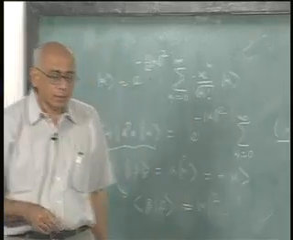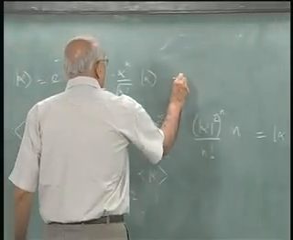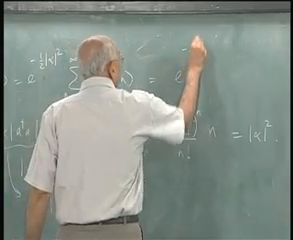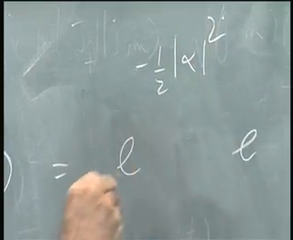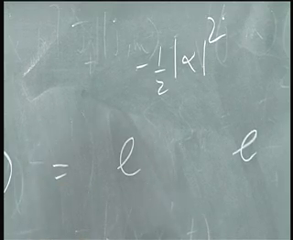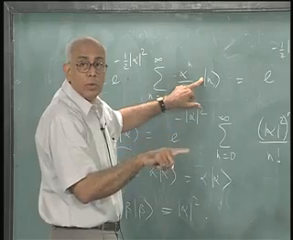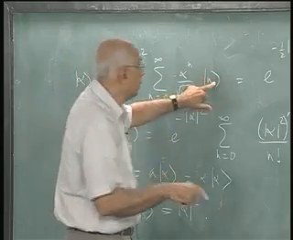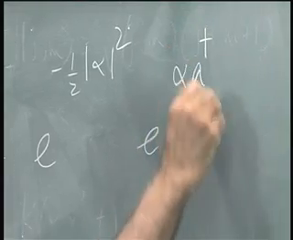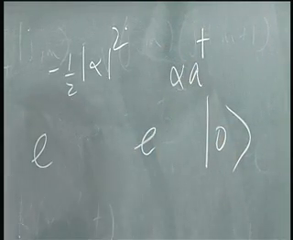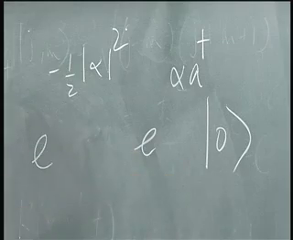Now of course you could also have written this as e to the minus half mod alpha squared e to the power, you can write this as equal to A dagger to the n over square root of n factorial on 0, in which case you get e to the power alpha A dagger on 0. The advantage of this is there is no summation, it tells you that some operator acting on the ground state